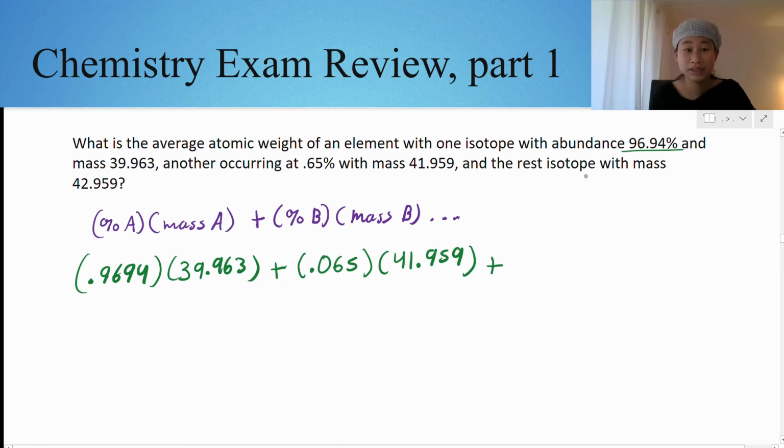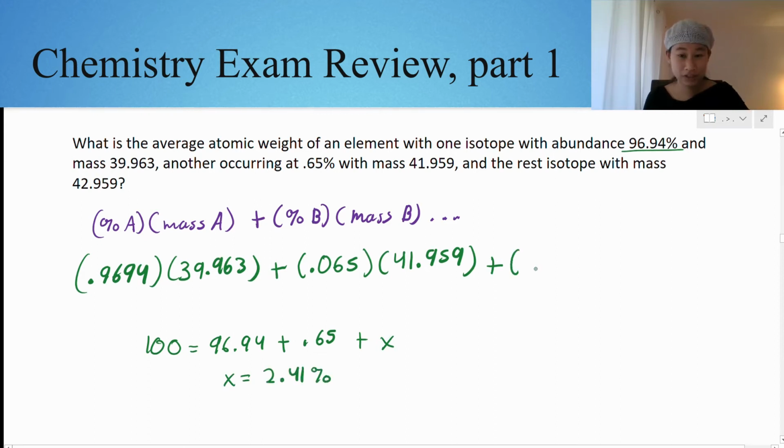And for this one, it doesn't tell us straight out what the percentage is, but we can figure it out, assuming that the isotopes add up to 100%. 100% is going to be made out of 96.94% plus the 0.65% plus the unknown percent, so the x. Okay, and now we're going to see what x is, and x is equal to